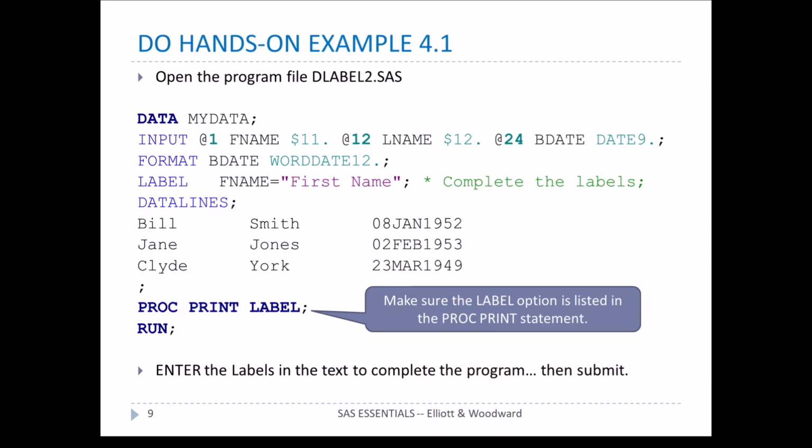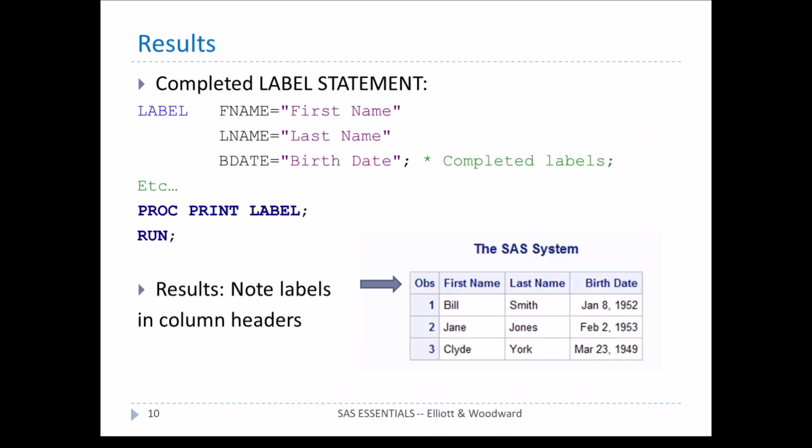Now, when we print out this information using a proc print down below, notice we added the word label. In most procs, you don't have to tell it to use the labels, but in proc print you do. So we say proc print label. That means do a proc print, but also include the label in the output. All right, so if we complete the label statement with these 3 pieces of information, first name, last name, birth date,